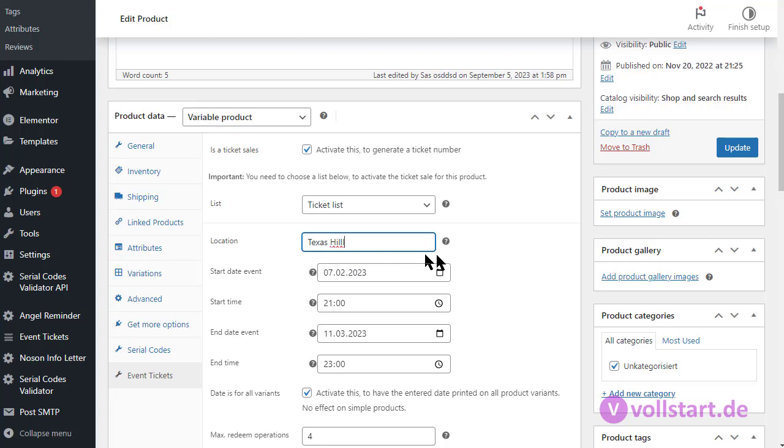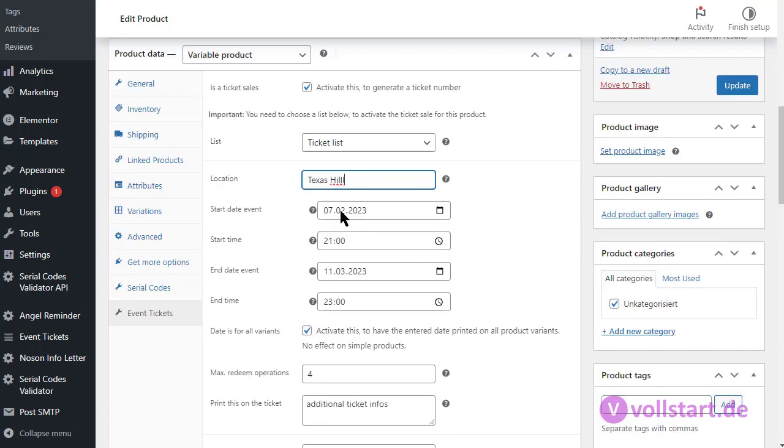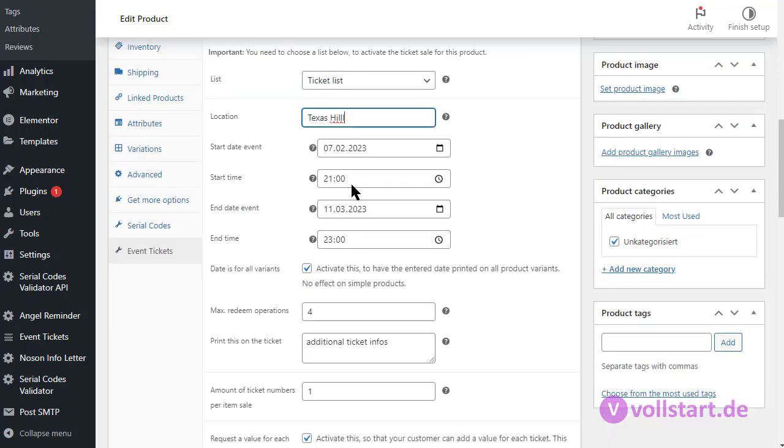You can type in a location. It's just free text. It will be added to your PDF. There are optionals here. It's not really visible, but they're optional. You can add a start date, start time, an end date, end time. You can enter just a start time without the end time. It's totally up to you. But for events, it might make sense to have at least the first one, and maybe it's an open event that goes on till the next day. You can have this in here.